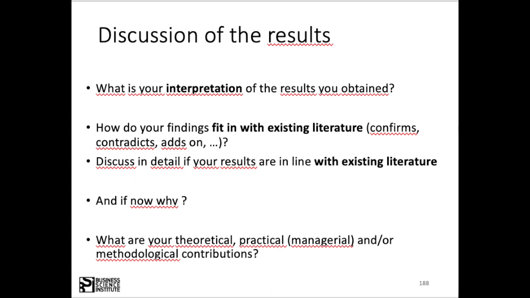If you have differences, you have to explain why you find differences. For example, related to data or to country, you have to confront your results to theory you have found in literature. Then you have to discuss why you find differences. And you finish with manager contributions. What do you bring to managers? What would be the message to your managers in your firm coming from your research?